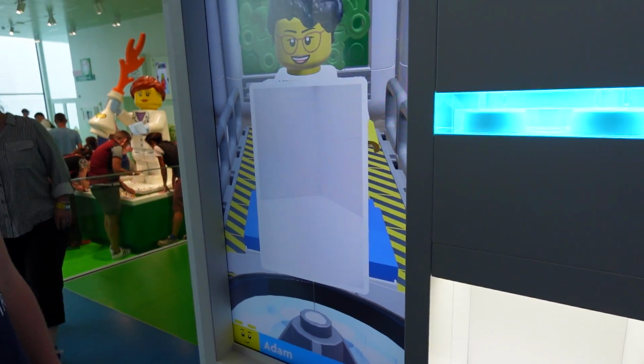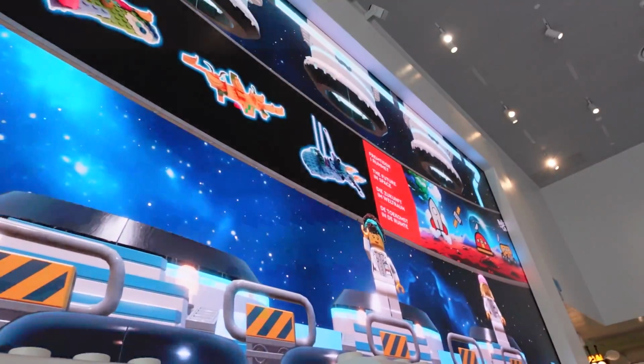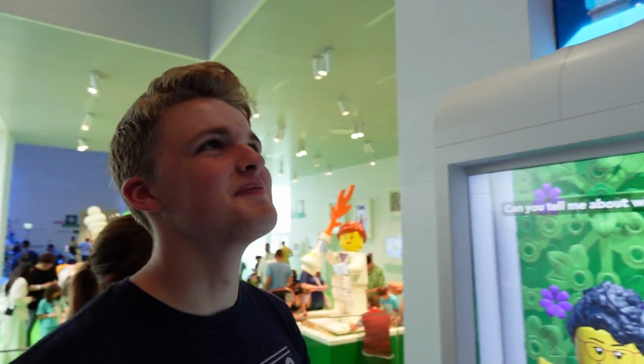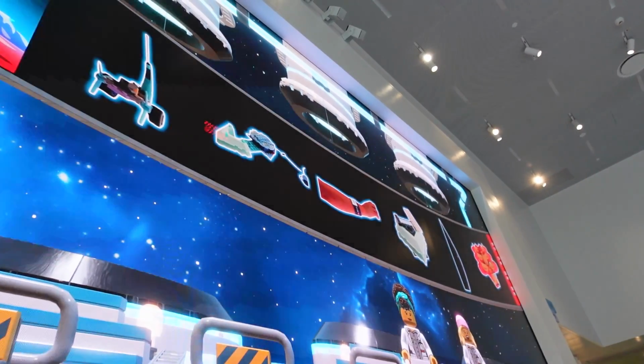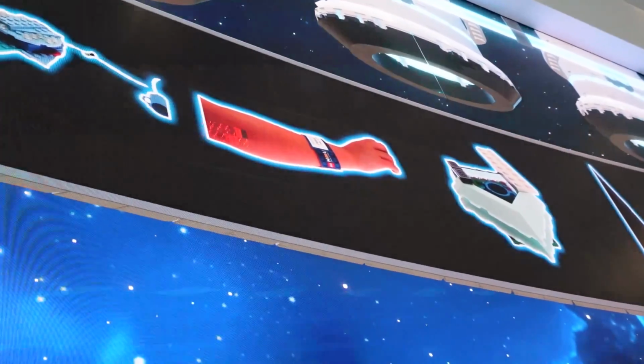But as we can see, you've done absolutely nothing, so the model's going to look pretty bad up there. Oh, I didn't know that. Can you tell me? It's a bit awkward now. And of course, someone decided to put that arm in there. Look at that. Pretty funny there. Know about you